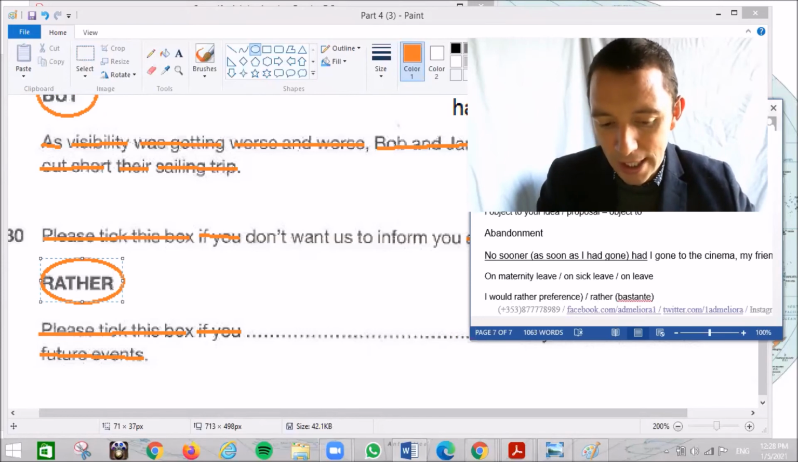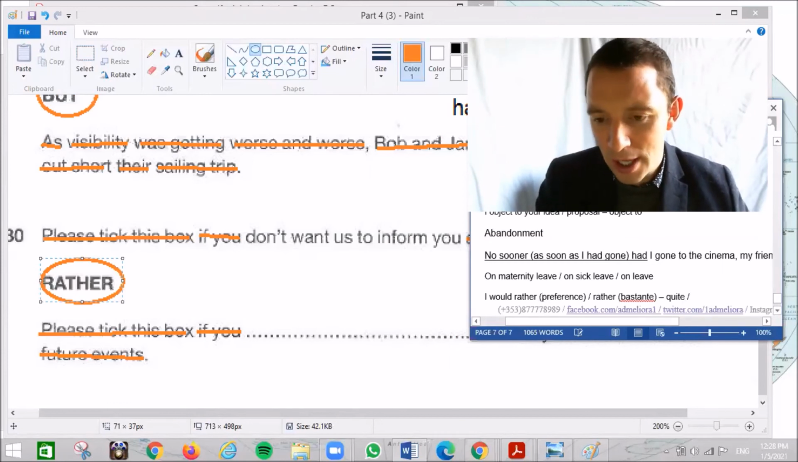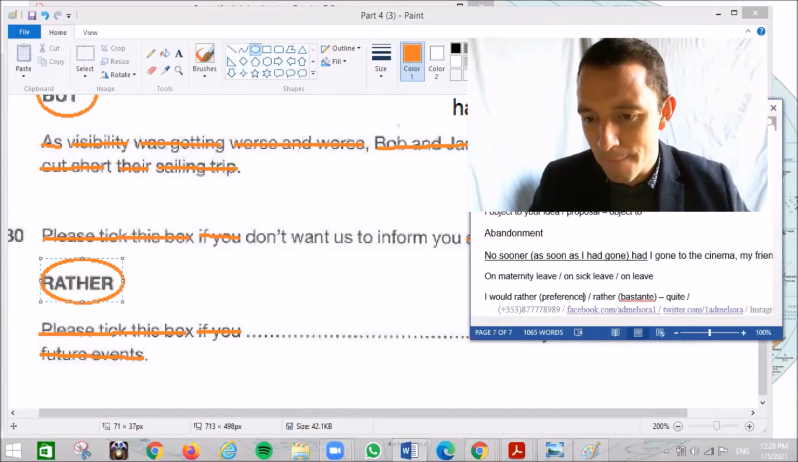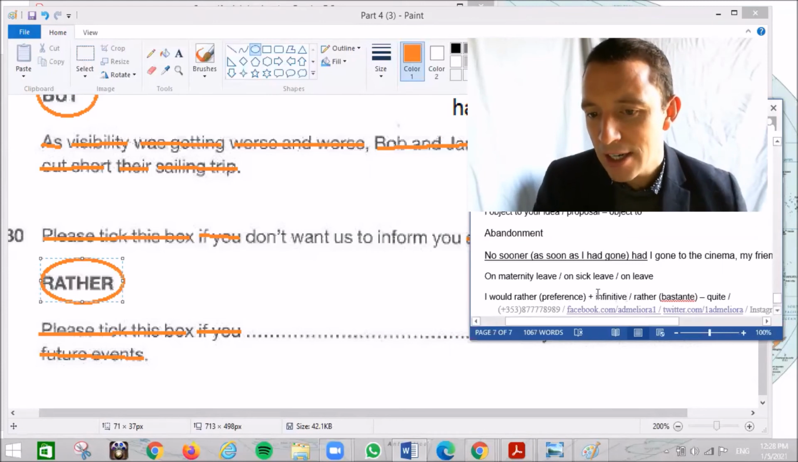Also "quite" in English. It's the same. Bastante, rather or quite. Okay? And let me put here, "I would rather" is preference. I would rather go, and usually it's the verb plus the infinitive. Okay, they're the two. I would rather go, and then "rather" is bastante,